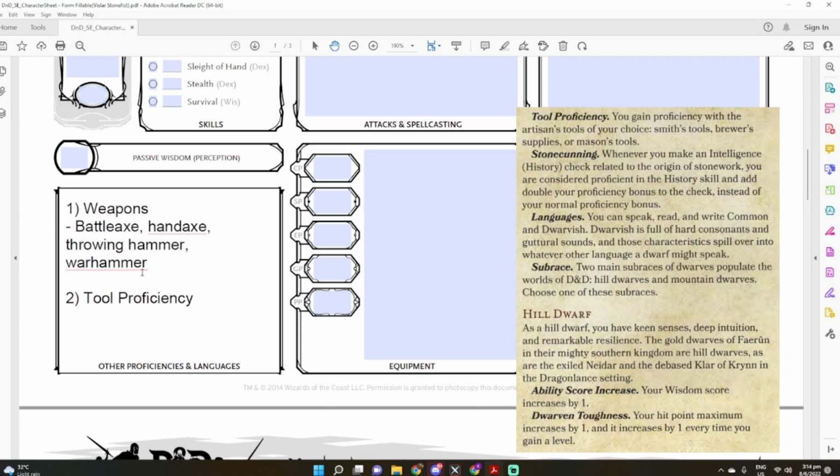You will gain proficiency with the following artisan tools of your choice: a smith's tool, a brewer's supply, or a mason's tool? I think as a bard, it would be really interesting as a character if I'm able to make my own ale and my own drinks. So you know what? I will be putting brewer's supplies